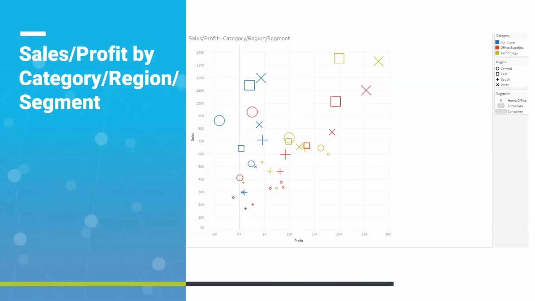The second visualization identifies total sales and total profit per each category, region, and segment. Categories are represented by different colors, with blue for furniture, red for office supplies, and gold for technology. Region is represented by different shapes, with circles for central, squares for east, pluses for south, and X's for west. Segment is identified by size, with consumer being the largest, corporate being in the middle, and home office being the